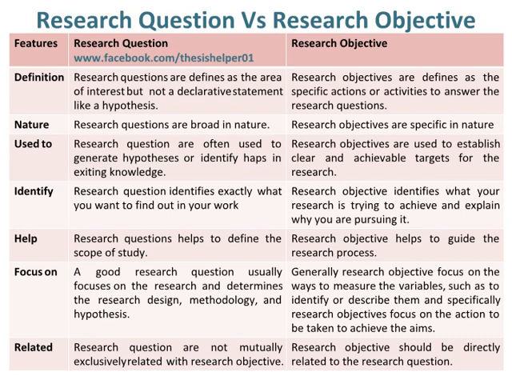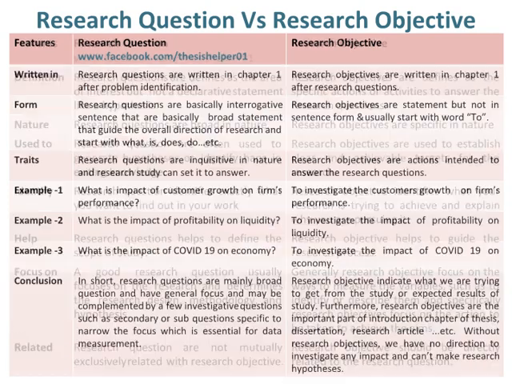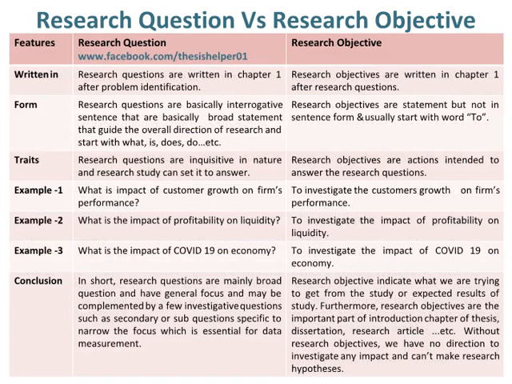Research questions are not mutually exclusive with research objectives, whereas research objectives should be directly related to the research question. Research questions are written in Chapter 1 after problem identification, whereas research objectives are written in Chapter 1 after